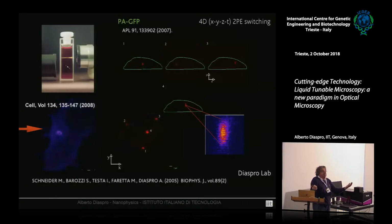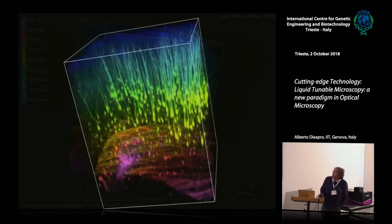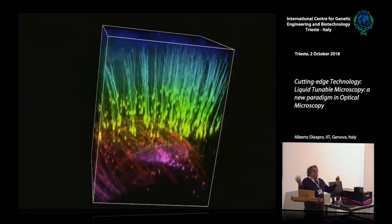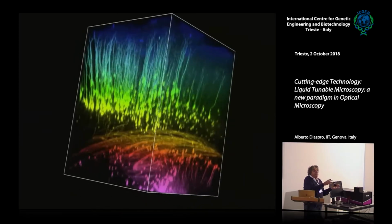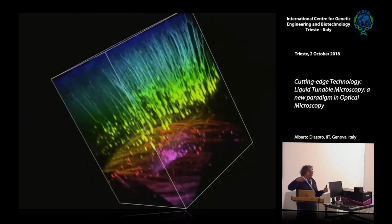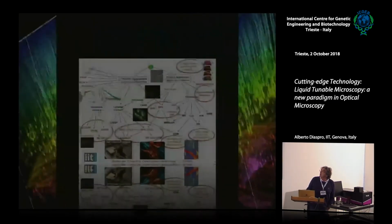Among these experiments, there are the experiments related with super resolved fluorescence microscopy, and we will see in a very few slides what's going on. So we have in our hands fluorescence. We can use fluorescence for performing, let's say, also deep imaging in the sample. You have seen before three-dimensional views. So you have so many tools in your hand using fluorescence that now you need only to push a little bit more on two aspects. Increasing your ability in following events with a better detail, and trying to get information from fluorescence behavior in your